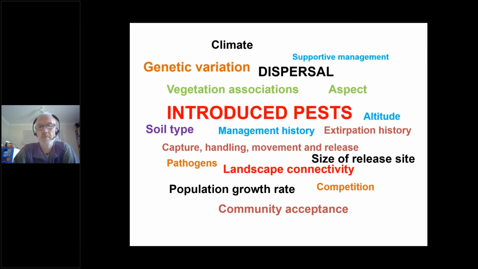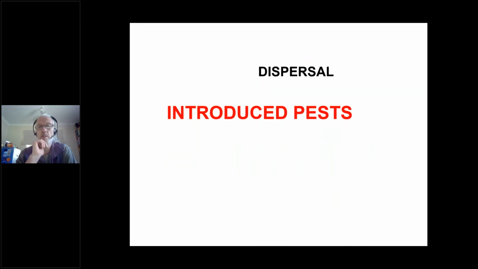And the immediate point is what actually limits reintroductions from being successful. And of course, there's a whole range of things. In the context of this program, we're zeroing in on 2 things that we think are particularly important. One of these is introduced pests, which we've talked about a lot over this session. And the second one, which Zoe's going to talk about, is dispersal. In this case, we think of dispersal as kind of an enemy, specifically dealing with birds, which can easily disperse out of managed areas, and that can be a limitation for whether our populations persist or not. Zoe will deal with that.